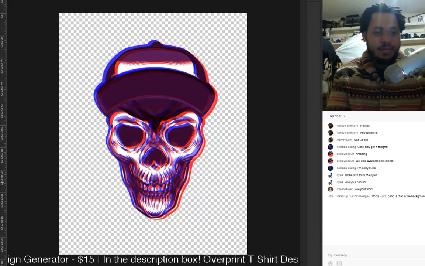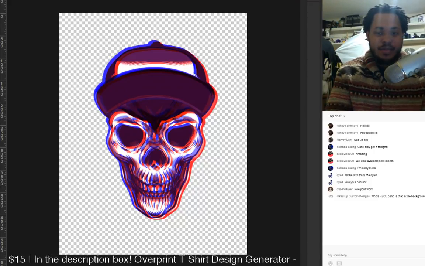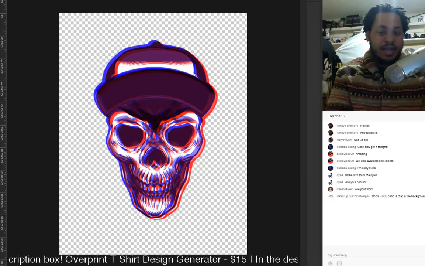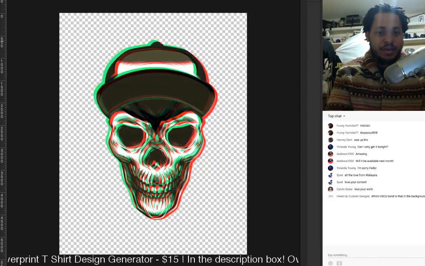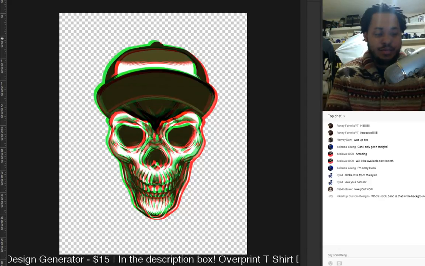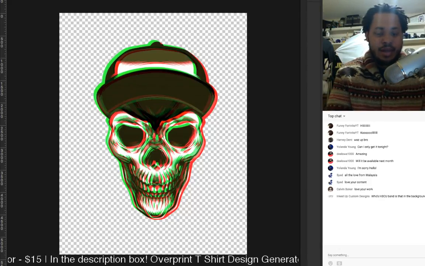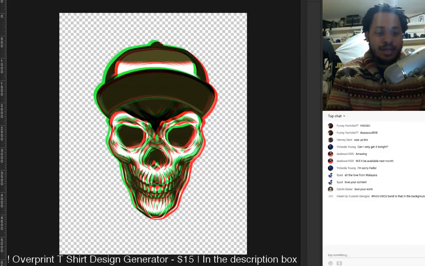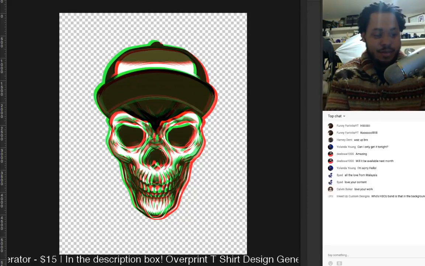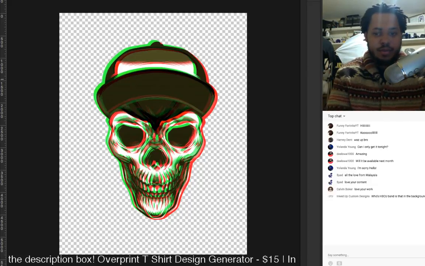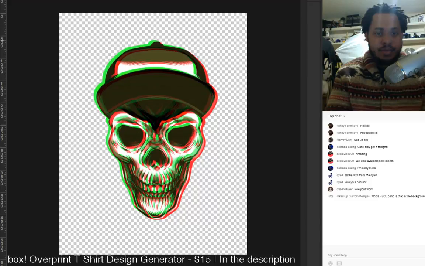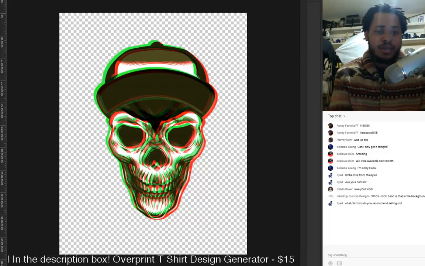So, here's the design like this. We can just drop in and change all of its elements. I'm not sure if you guys know any colors for overprint, but it's really simple. I double clicked in on one of these little layers that I've created. I can't really explain it too much, but you'll understand when you start playing around with it. You can just move these sliders over and get exactly what you need out of it. So I'm probably gonna leave it like this. I think this is what I used for the thumbnail. And then if you guys want that consistent look,